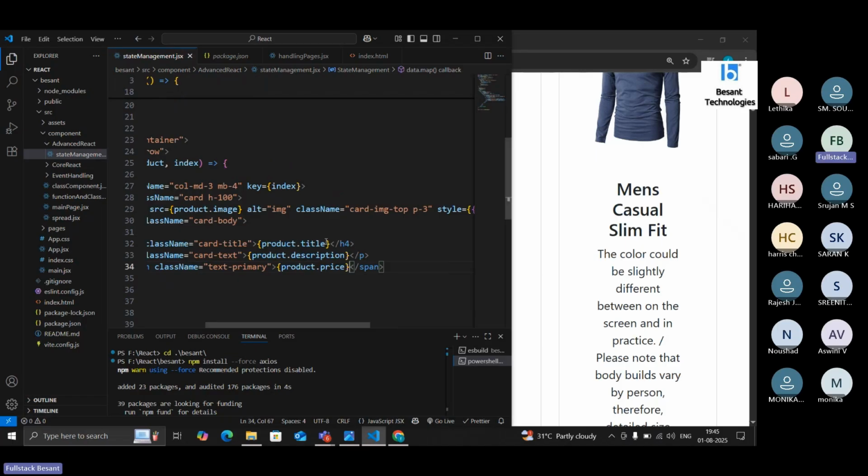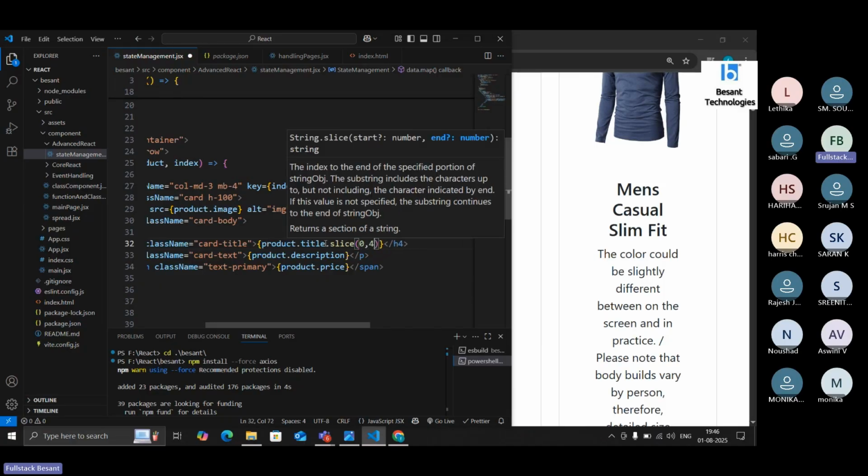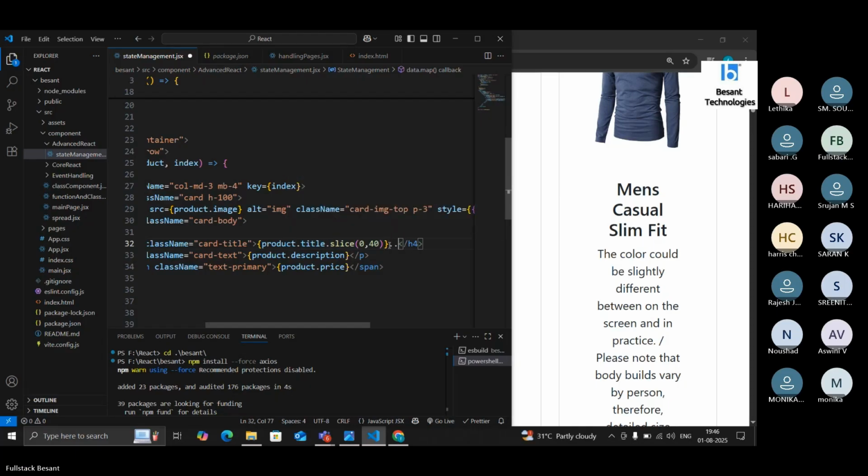So I have to give this. So I have to reduce this. So what I'm going to do is I'm going to use slice, meta. Okay. 0 comma, it will be 40, and that will go as, okay, so the name, and then